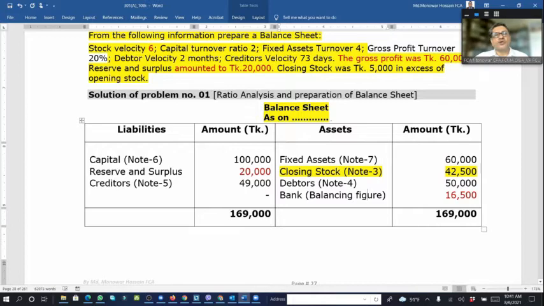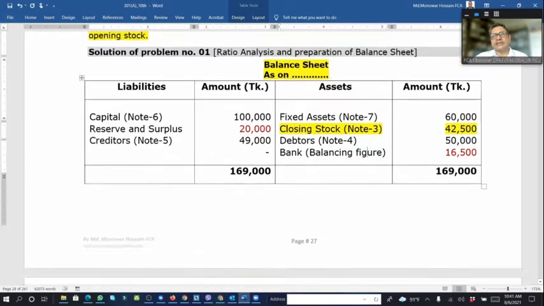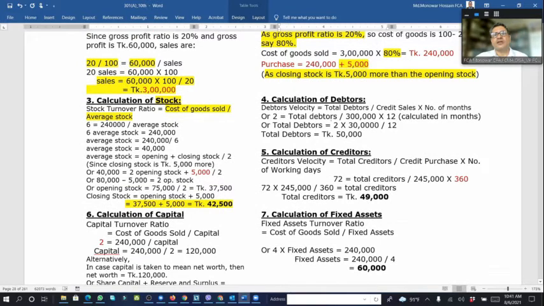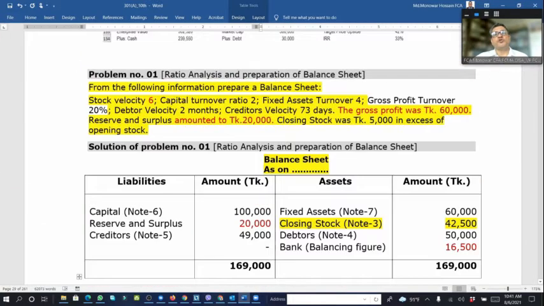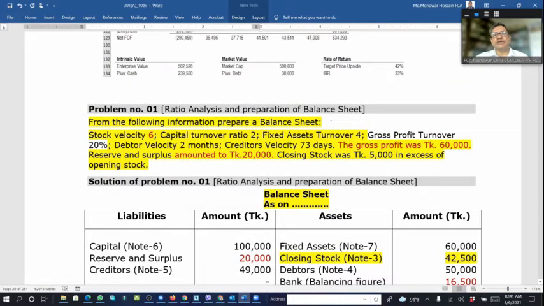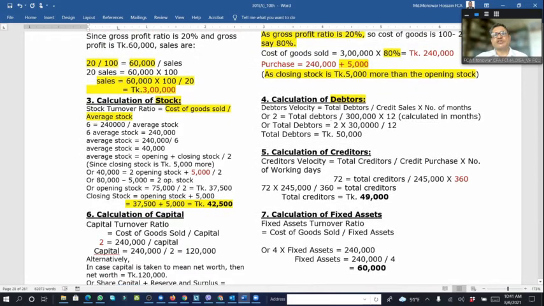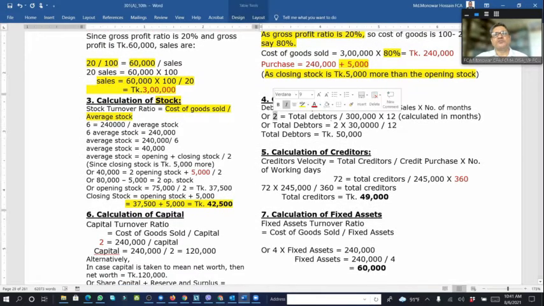And we will take another thing, look here, now debtors. Calculate the debtors. Debtors velocity and or turnover, as said in the question, is 2. Here if you see the question, debtors turnover is 2 months. Velocity means turnover. So here 2 months, this 2